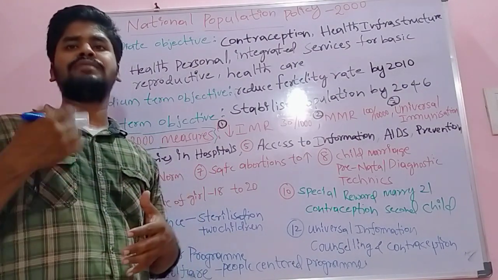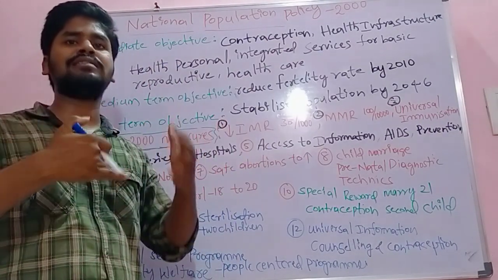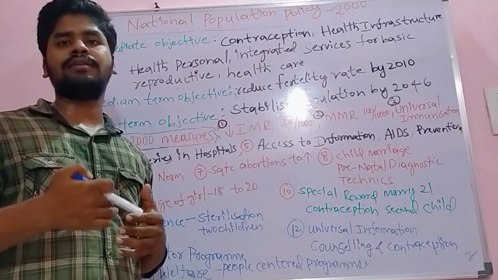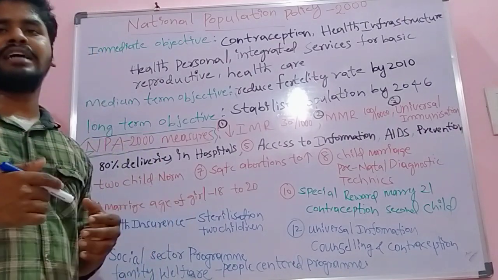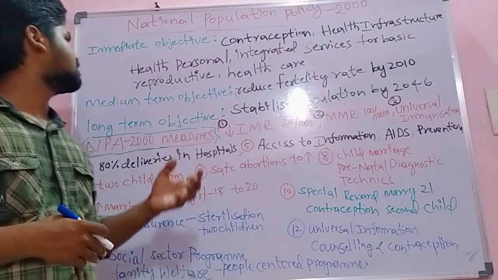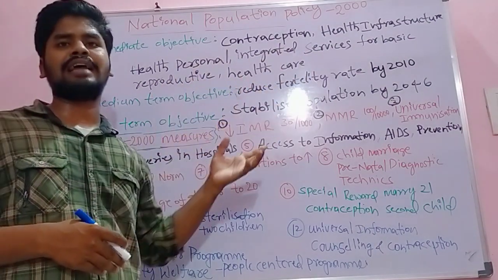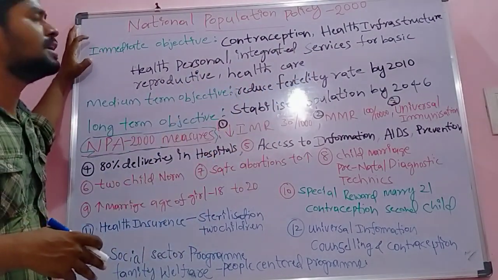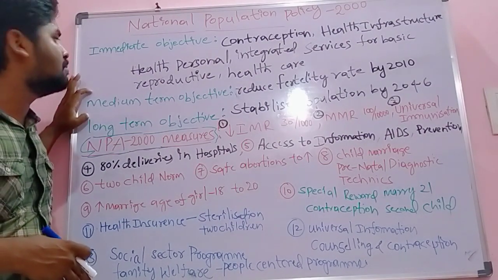So, at the basic reproductive stage, while going to give birth to children, the woman has to take well nutritious food. What things have to be taken, what medical treatments, what medical issues: the government has to provide well-equipped medical facilities, all provided through the integrated services, and basic reproductive and health care has to be maintained. These are the immediate major objectives in this policy. Now I am coming to the medium term objectives.